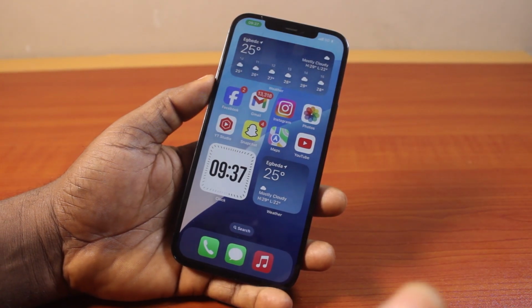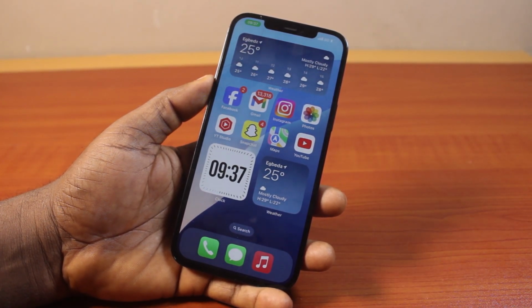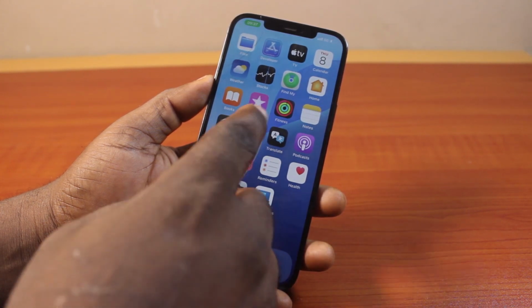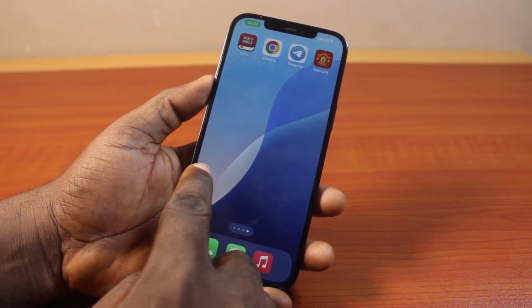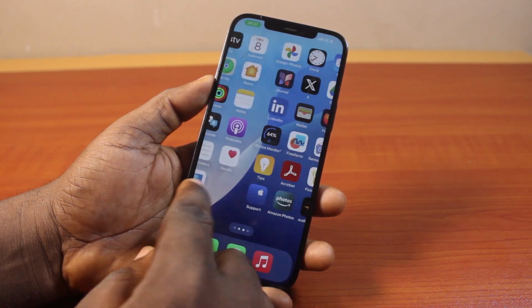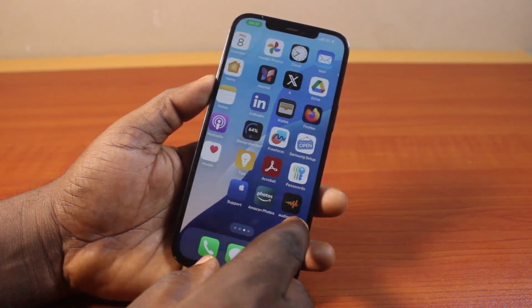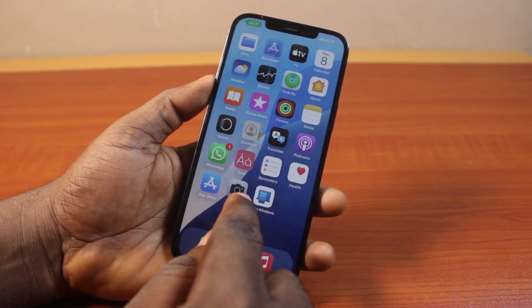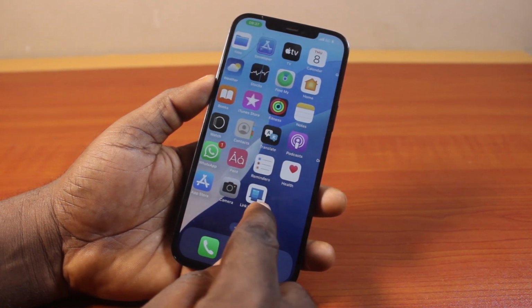In this video, I'll detail how to fix the settings icon missing from the home screen on iPhone 12 Pro Max. So if you have an iPhone 12 Pro Max and you couldn't find your iPhone settings on the home screen, except if you go to the App Library, then this video is going to show you how to bring back the settings icon to your iPhone 12 Pro Max home screen so that you can easily click on it and access